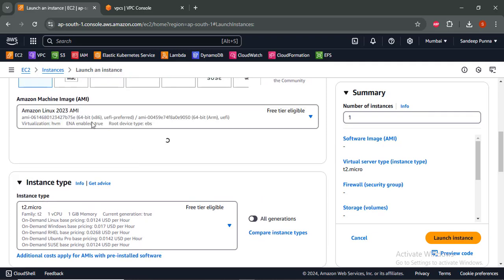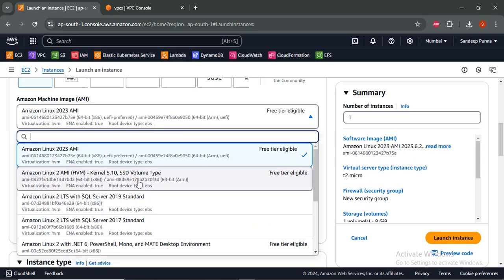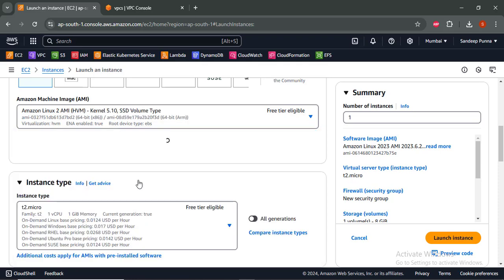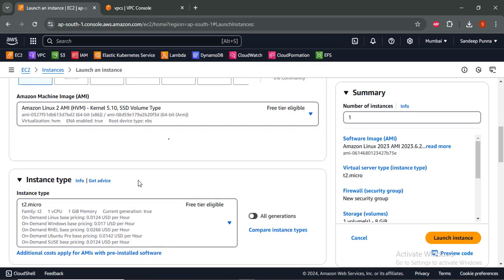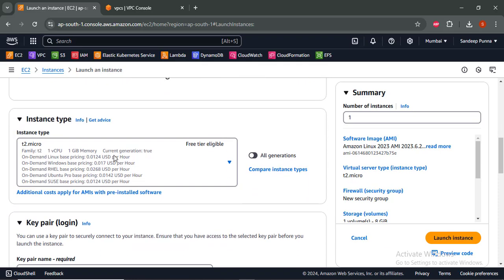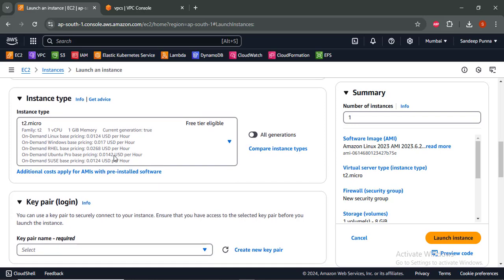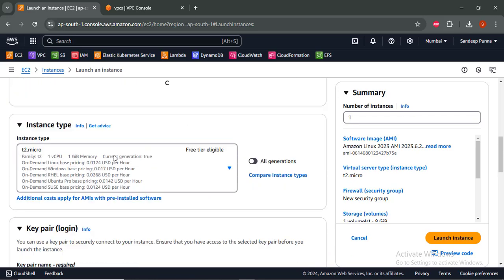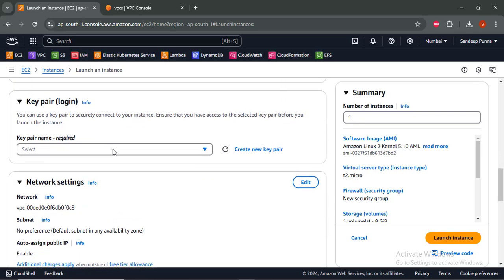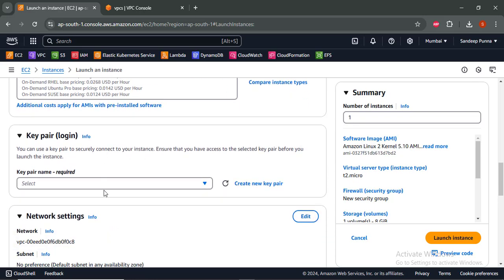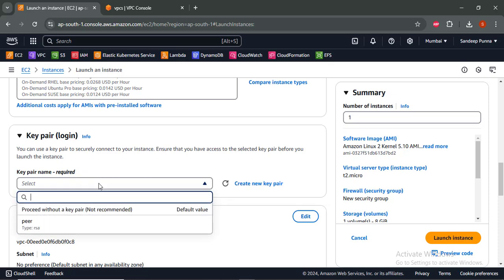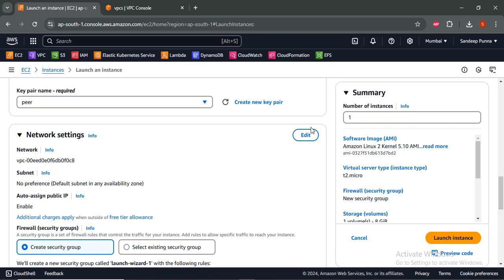Select AMI as per need, or select Amazon Linux kernel 5.10. You can select anything as per need. Select instance name, instance type. I'm selecting here t2.micro for test purpose. So select key pair. I was selecting the key pair name, and here select